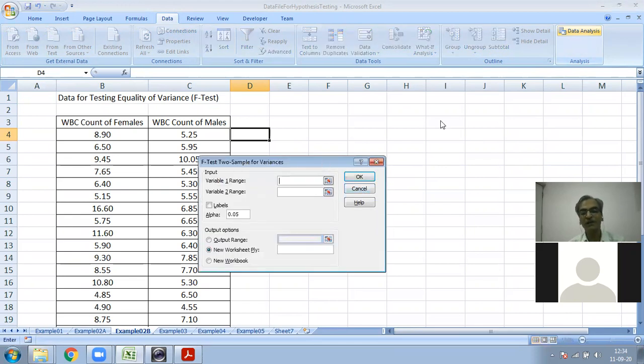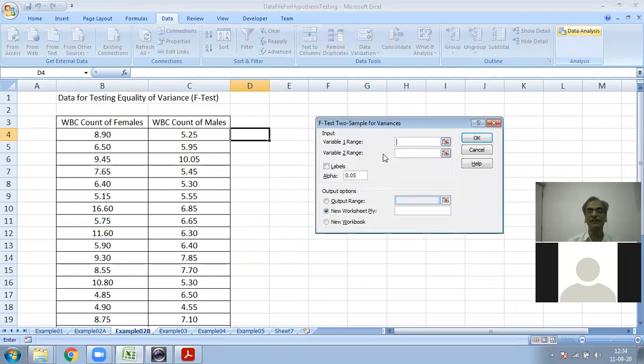It will open a new pop-up window. Again, as usual, here we have to specify the range for variable 1, the range for variable 2, tick mark the labels if you have included them, specify the value of alpha, and specify the output options.